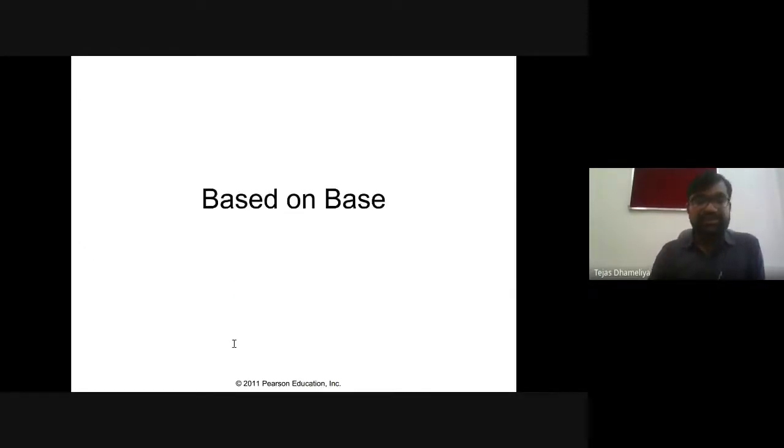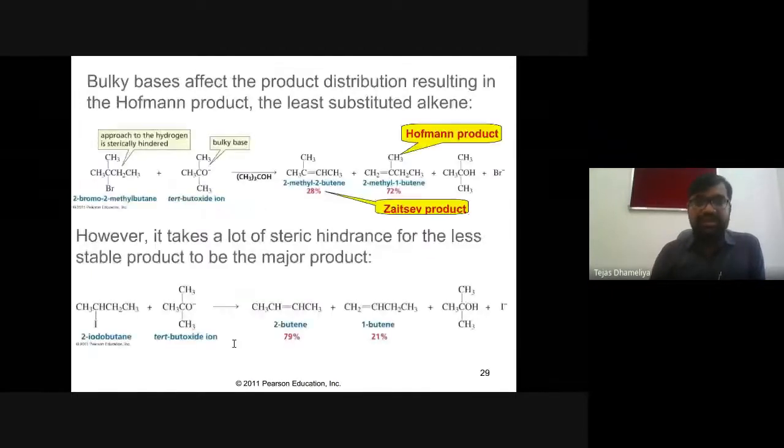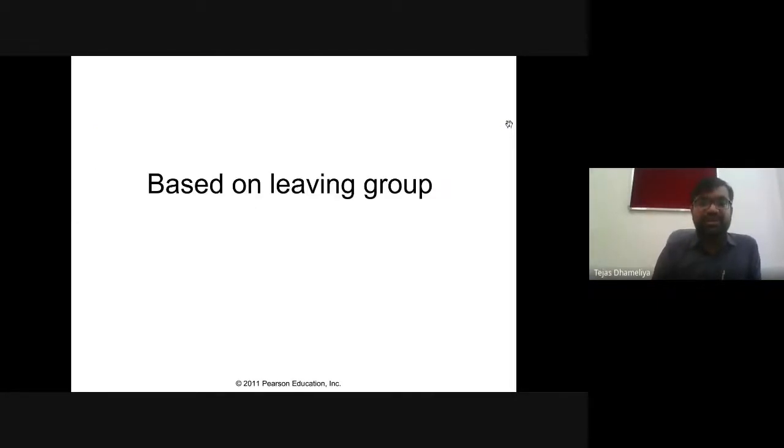Okay, so my point is that there are certain reactions which do not follow the Zaitsev rule, and they may also not obey depending upon the sterics of the base, right? Just like this is a tertiary butoxide, which is a bulky base. So a bulky base may not be able to abstract the interior hydrogen like this, but rather it will be able to abstract the terminal hydrogen. So it will form this product more. It is called the Hofmann product. Okay, so the sterics of the base is also important here.